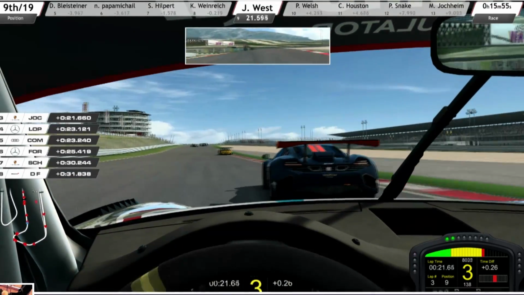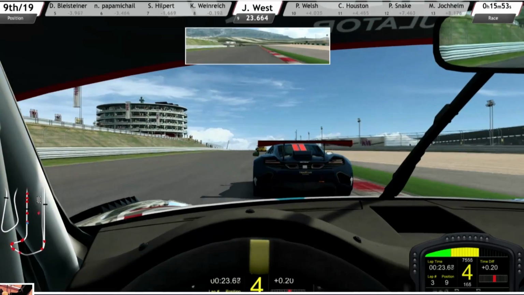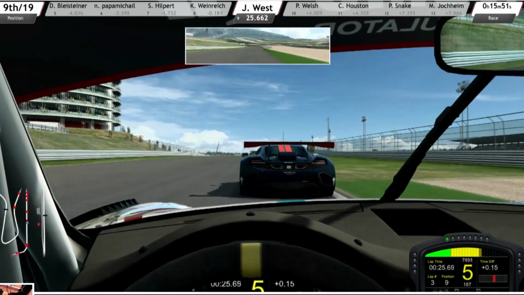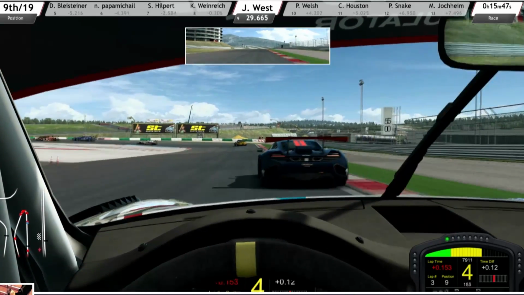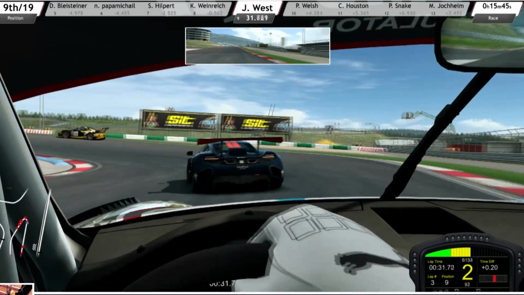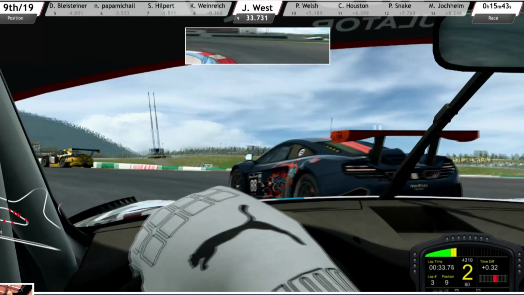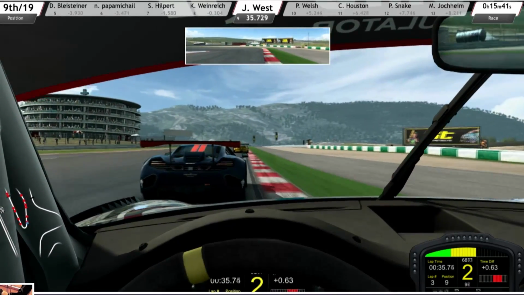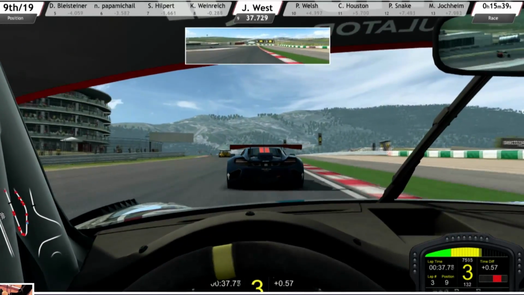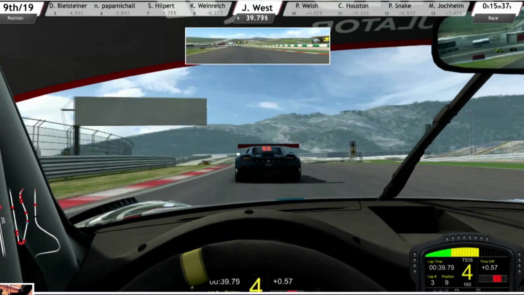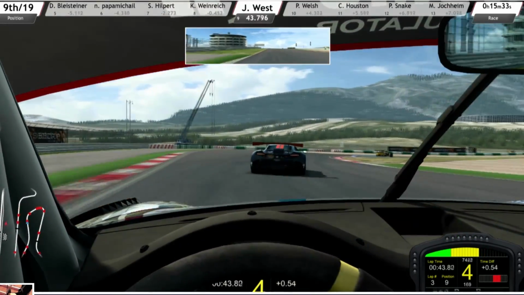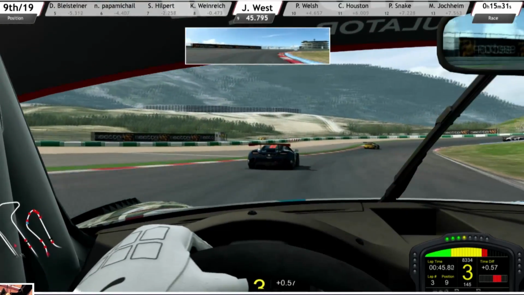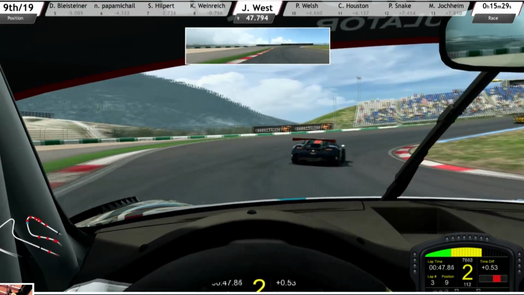So cheapest way to do it, if you're concerned about that, which is a totally reasonable concern, make sure you've got the track, make sure you've got one car. And also make sure when you're buying the stuff, go through the Race Room store and buy VRP through the Race Room store to then buy the stuff, because it's 30% cheaper than buying it on Steam. Welcome to the convoluted digital world of content purchasing. I don't know. It doesn't make any sense to me, but that's the disco dance that you have to do